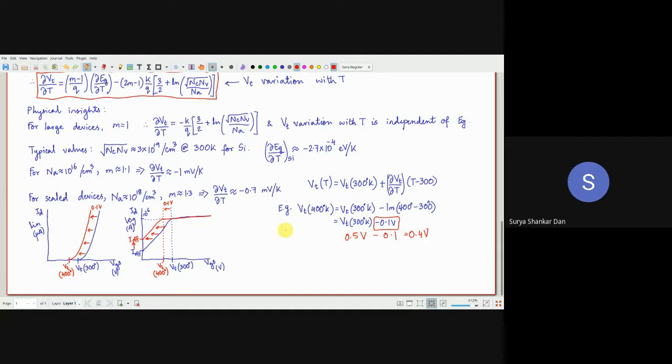Now, what I'm suggesting is that, what Shashank has said is correct. Instead of 0.5 volts, it will take us only 0.4 volts to switch on the transistor. That's perfectly all right. But at the same time, this power dissipation becomes a major issue. So, as an engineer, what is your way out? What can you do to avoid this?